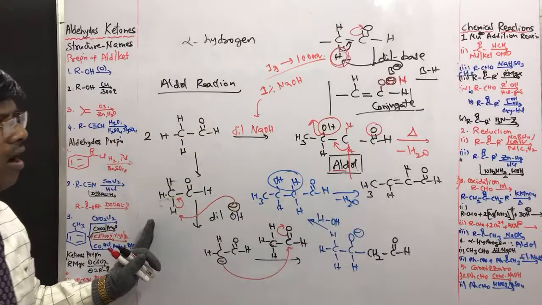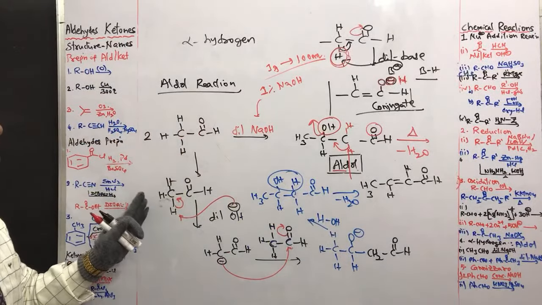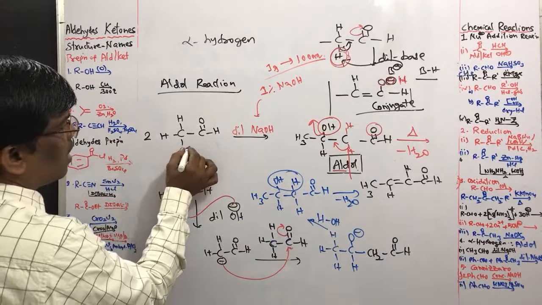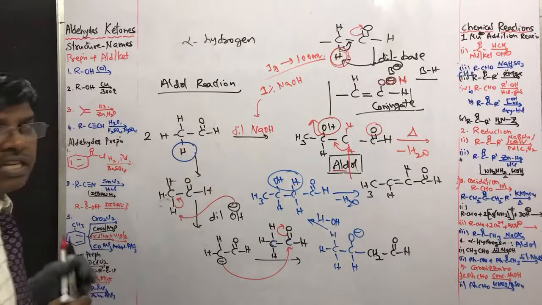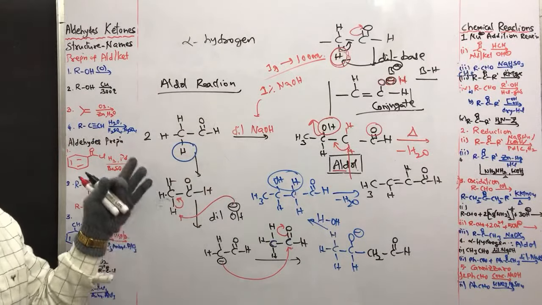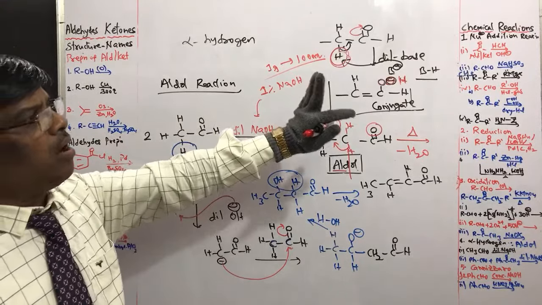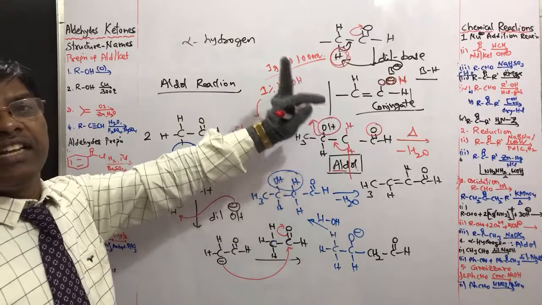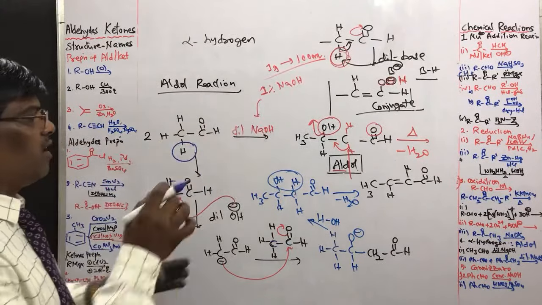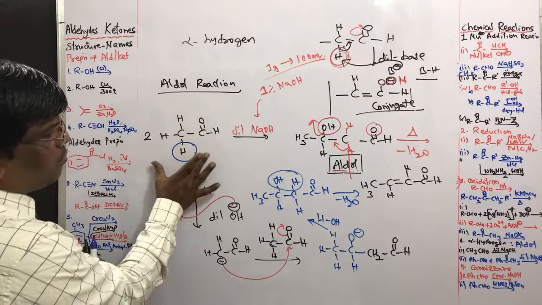This is the simple Aldol reaction, and the condition, it must have at least one alpha hydrogen. If it does not have this alpha hydrogen, it is not going to form the product. That reaction is going to be the Cannizzaro reaction, that I will explain. Right? This is simple